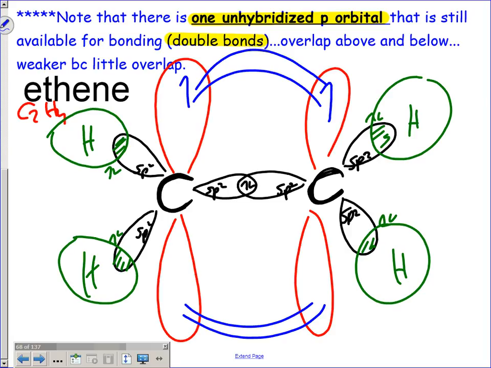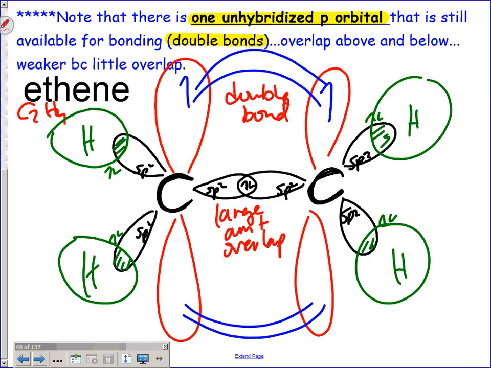I'll show you another picture of that to give you a better idea. But what you should notice is that between the nuclei of carbon and carbon, there's a large amount of overlap. That is a stronger bond there, the sigma bond. This is all relative. I'm telling you, there's a good, healthy overlap there. But there's not much overlap on the top and bottom, right? So this is a double bond,